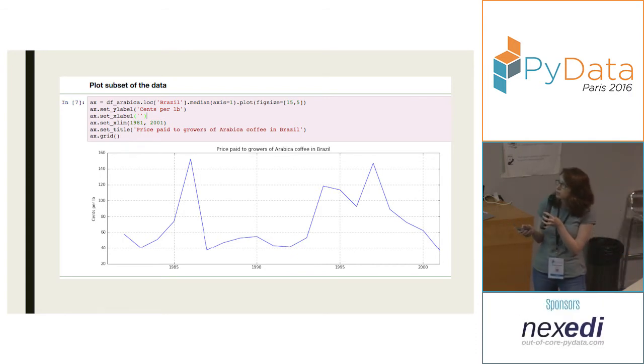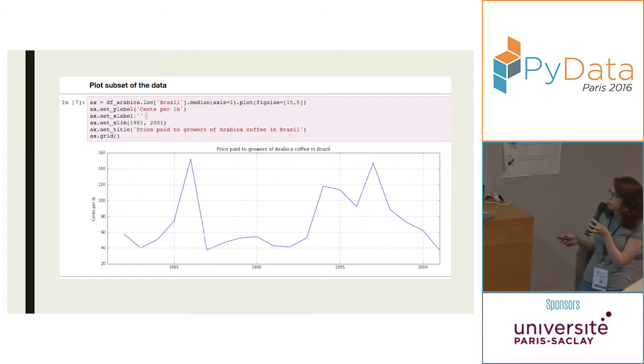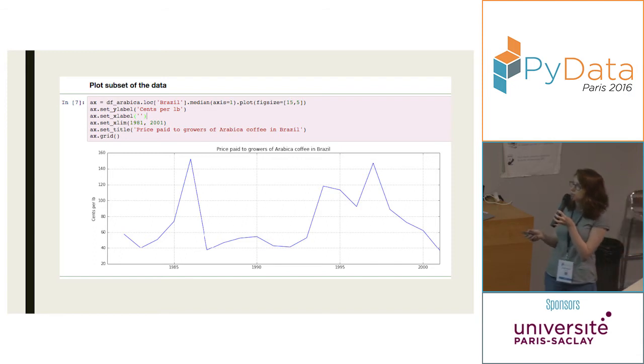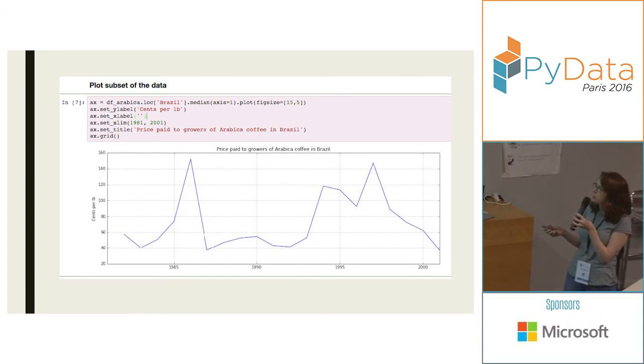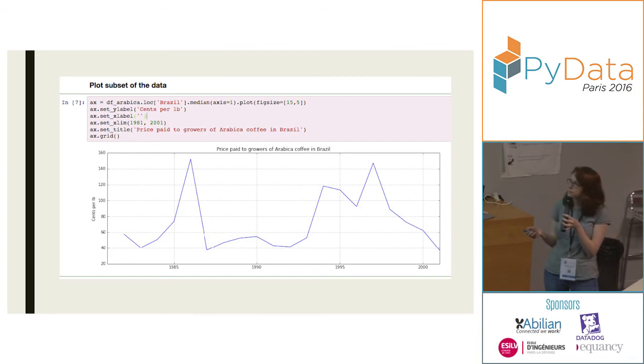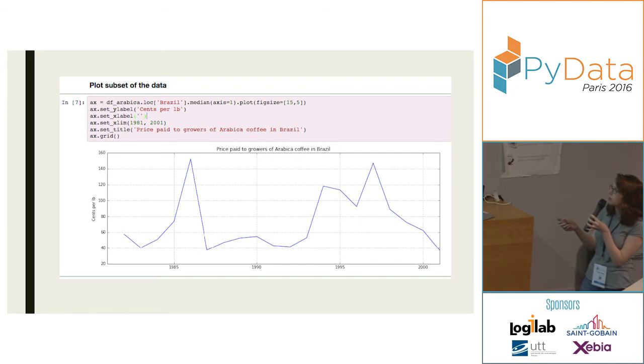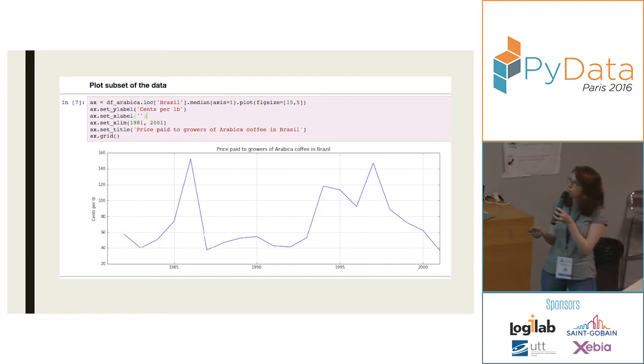You can see that there are a variety of peaks and troughs. And in fact, these reflect various natural disasters. In the mid-1980s, there was actually a drought in Brazil, which resulted in quite a lot of the coffee harvest being killed. And then also in the mid-1990s, there was a really bad frost. A bad frost can kill coffee plants. And if that happens, then growers have to plant new coffee plants, and that takes between 4 to 5 years for the coffee to actually blossom again. That's why the price paid to coffee growers in the 1990s stayed fairly high for a couple of years.